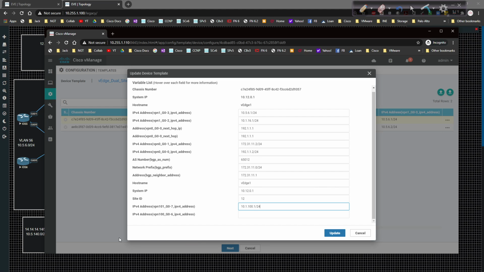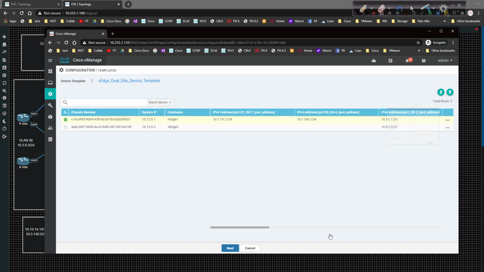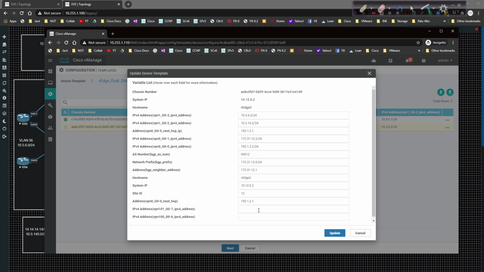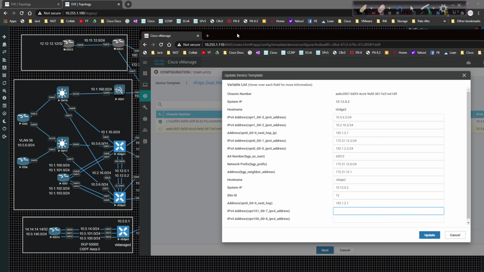10.1.100.1/24. Actually, sorry, 101. 101 here, and 10.1.100.1/24 here. Okay. We're going to click on update, and then we're going to go down to this guy and edit device template, and then down here for VH2 will be the same thing. Gig 0/6 will be for this IP addressing scheme will be